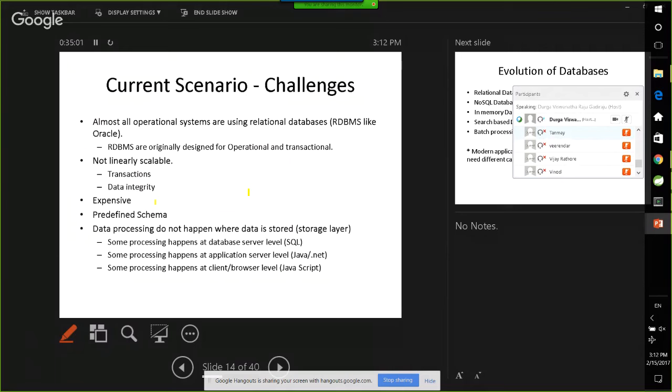Client side validations and all probably might happen at the browser level, but processing never happens at the storage level. This is a major disadvantage when it comes to analytics and data warehousing when we are dealing with huge amounts of data. This is another very important point which you need to keep in mind.